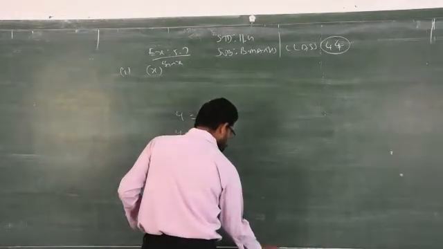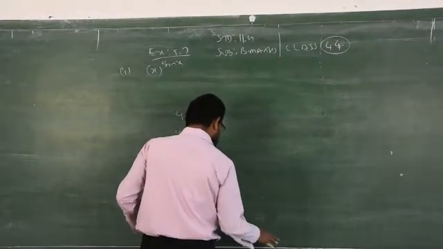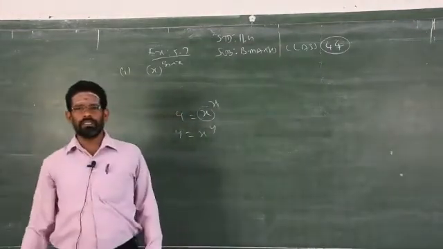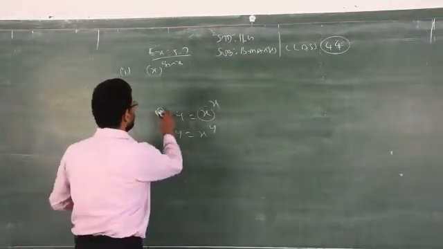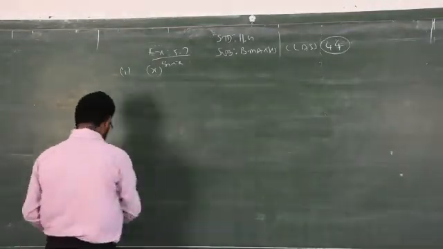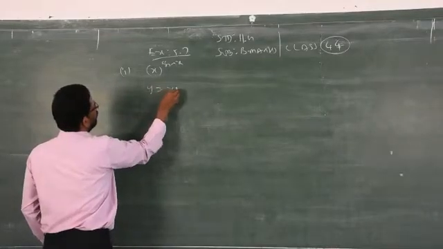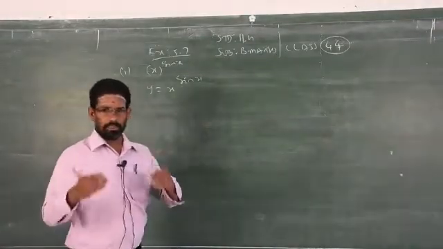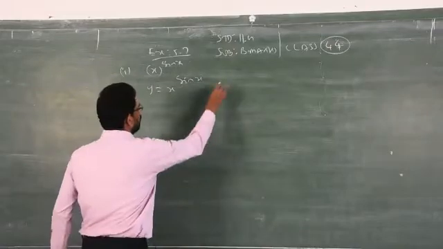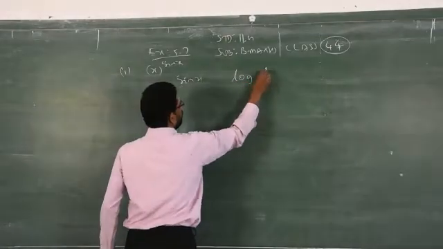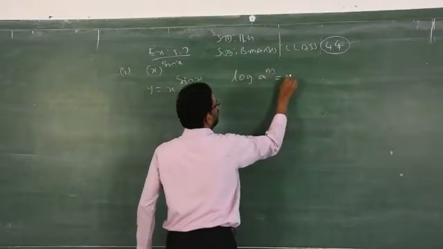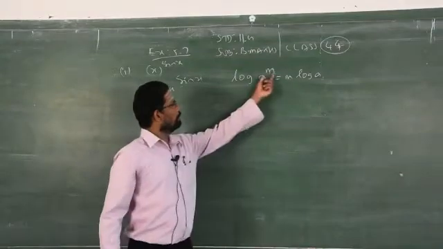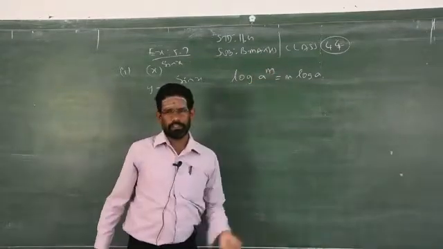You know how to remove the powers. We have some conditions to remove the powers in an algebraic expression by using the technique of logarithm. So that's what we learned about the logarithm. By using the logarithmic concept, you can bring down the power, whatever it is there in the power, easily as a multiplier. That is the basic rule, the logarithmic power rule. Clear? So what is the logarithmic power rule? log of a power m is equal to m into log a. This is the formula to take the power as a multiplier. That is called the power rule.